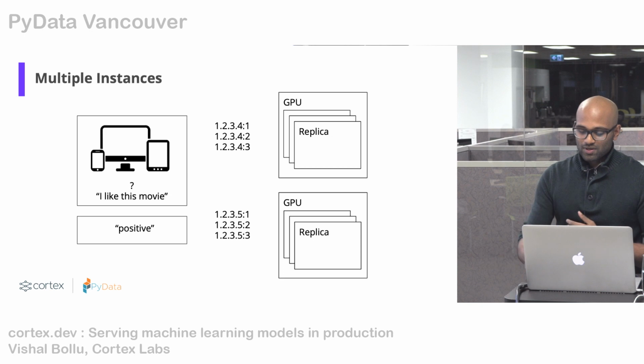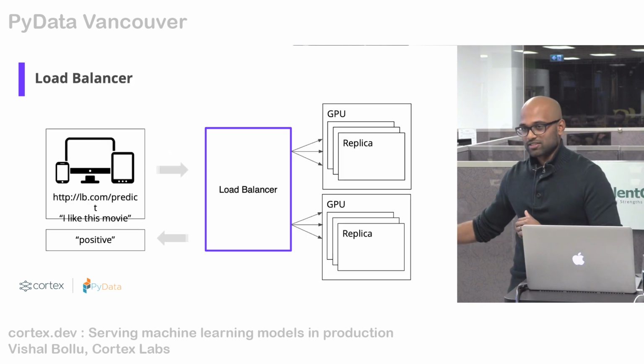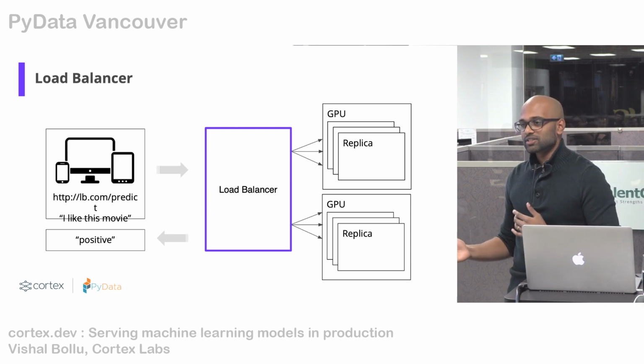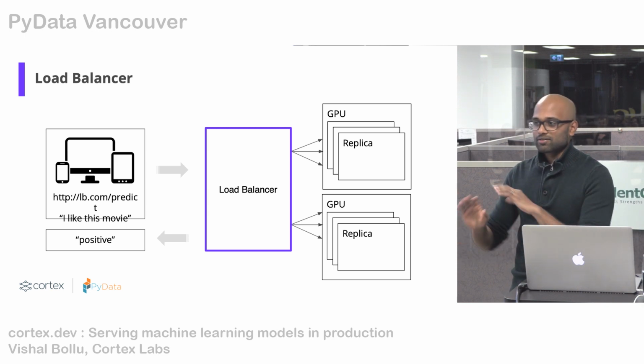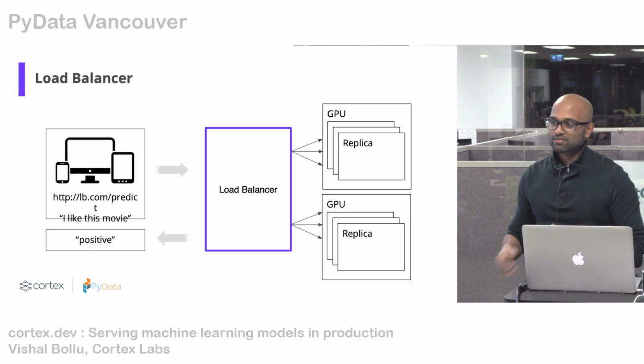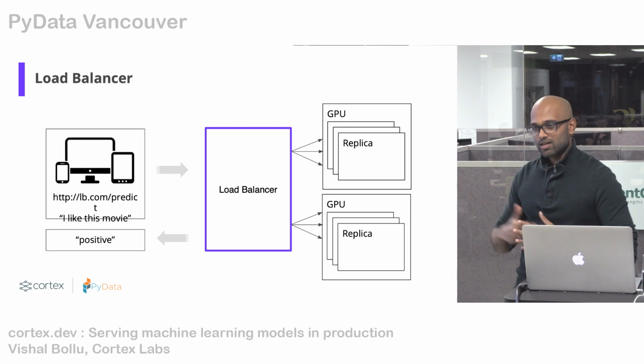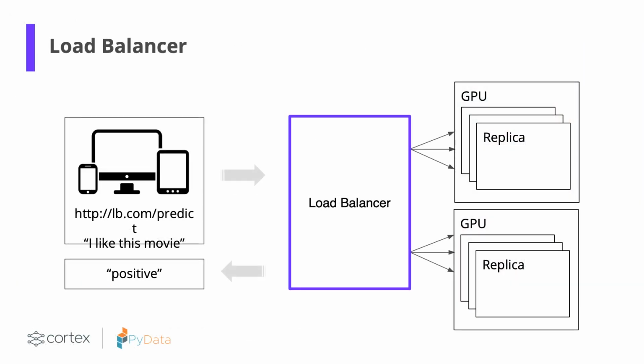Now, to solve this problem, we're going to attach a load balancer. From the client's perspective, the load balancer represents a single point of entry into your entire application. They don't care about how many instances you have. All they care about is they sent a request to a URL and they got a response. Now that's great for the user. For the maintainers, for the developers, this really helps you keep track of